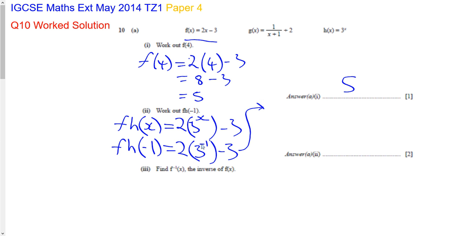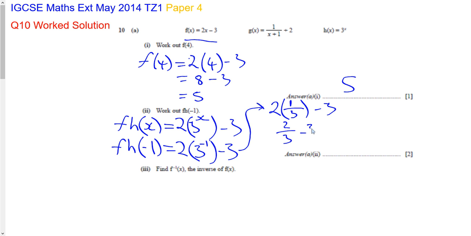So what does 3 to the power of -1 equal? Well, if we take the reciprocal of that, we'll be able to take that exponent and make it positive. So we're going to have 2 lots of 1 over 3, minus 3. By taking the 3 and putting it down to the denominator, that makes the negative exponent positive. So 2 lots of 1/3 is going to be 2/3,